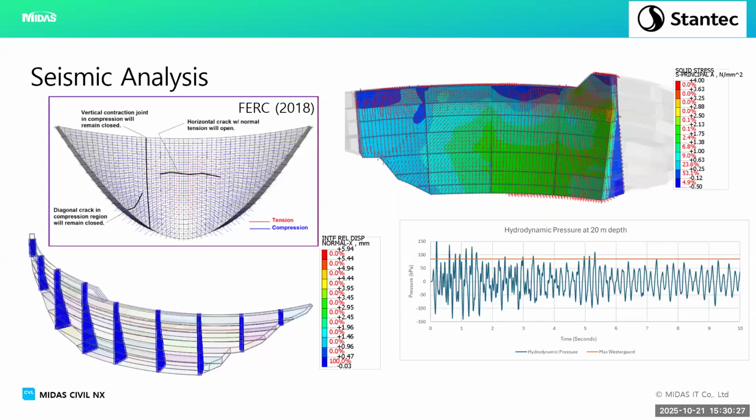The bottom right I've put in there because it's a nice little check. That's an extraction of the hydrodynamic pressures, or the pressures on the interface between the dam and the reservoir. Just the time history of the pressures, and you want to check if the model is right, and you want quick little checks. We have in-house tested with my colleague, Ryan, who might be watching, that it does actually model the dam and the hydrodynamic pressures accurately, and we benchmarked against, I think it was